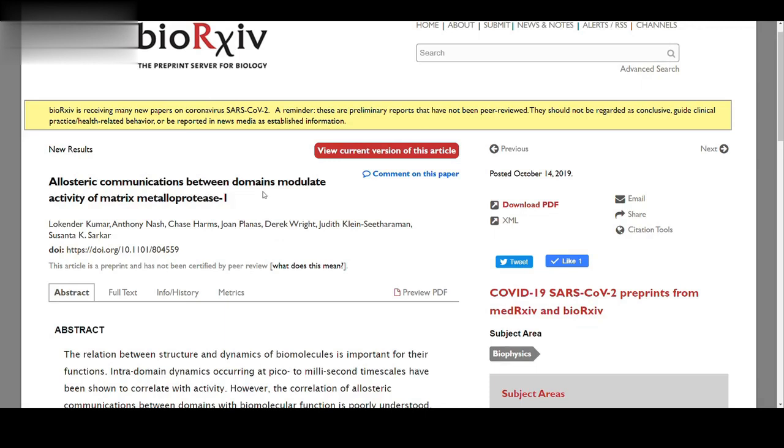So you can see we have mentioned that the activity of the matrix metalloprotease 1 is modulated. So that's the result. Activity has been modulated. Okay, so we mentioned the result using allosteric, or because of the allosteric communication. So that was the hypothesis. We have done various experiments, single molecule experiments in this case, and that conveyed the message very clearly that allosteric communication